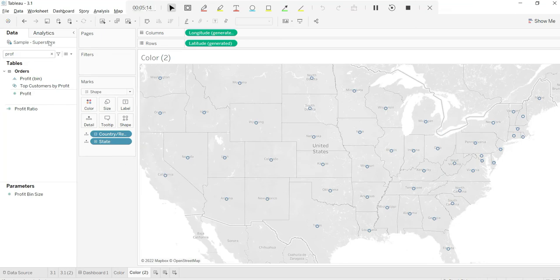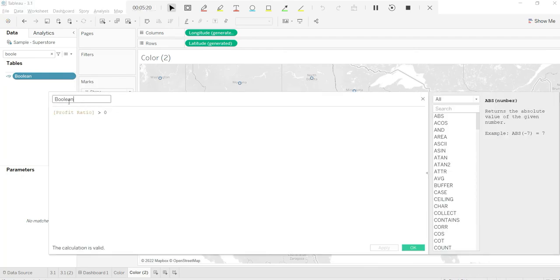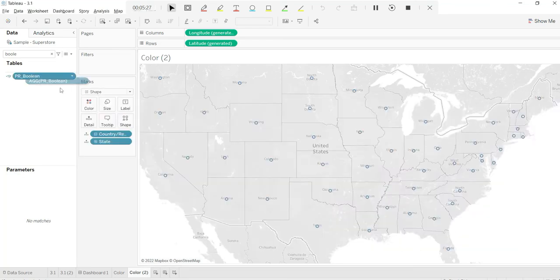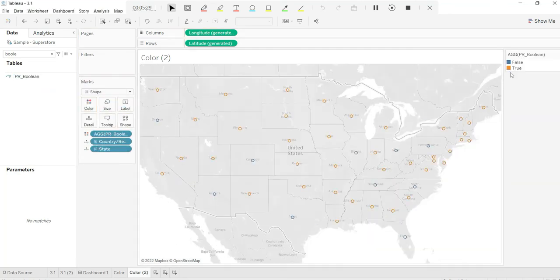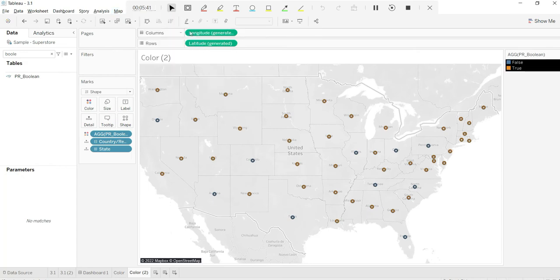So first of all, let me get that Boolean, or maybe I would have said that PR Boolean. Otherwise, how will you remember? Okay, I say PR Boolean and profit ratio Boolean, and I just put it over there. Now that means if it is true, you are profitable, false, you are not profitable. But I want to give that sort of effect over there, which you don't see for now. So let us give some background image and make it dark over there.